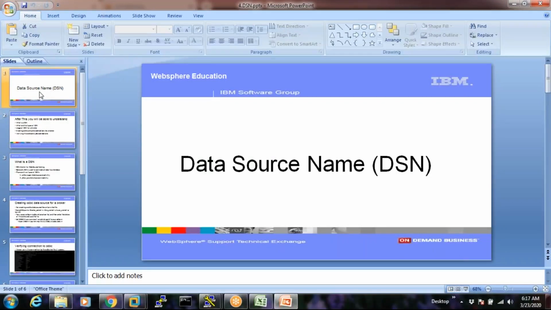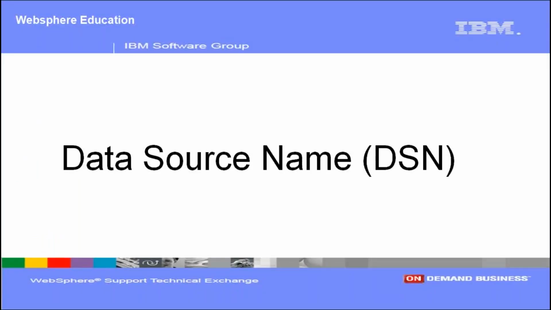All right. So, what was the concept we discussed in the day before yesterday's session? It was about, I believe, MQSI report the properties of the execution group and how to change the JVM things. All right. So some in-depth properties of the broker and execution group related things that we discussed, right? Yeah. Okay. Now it's time for us to move on to a new concept that is called data source